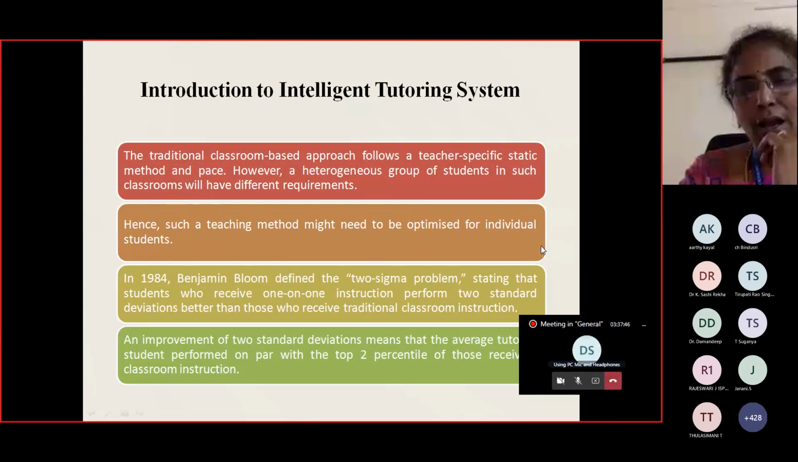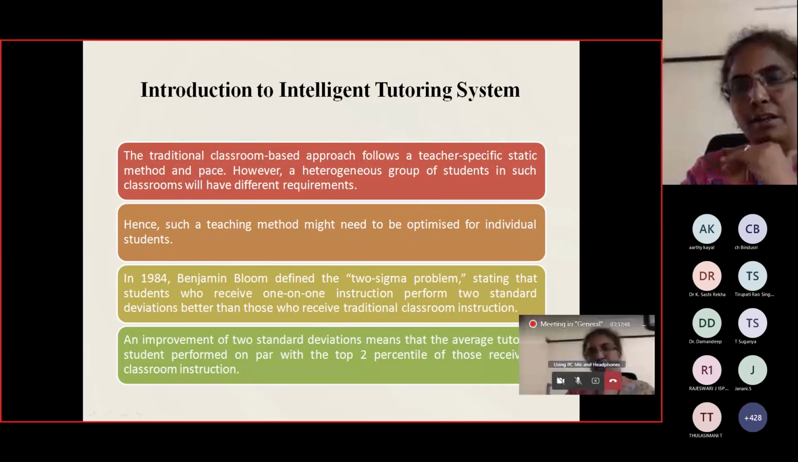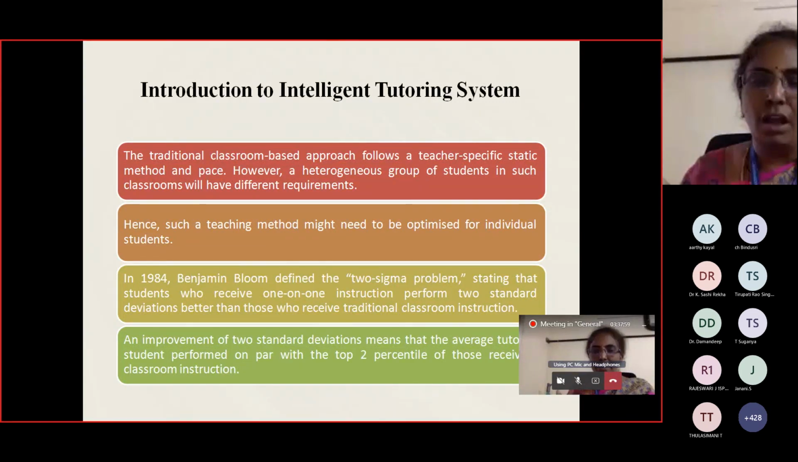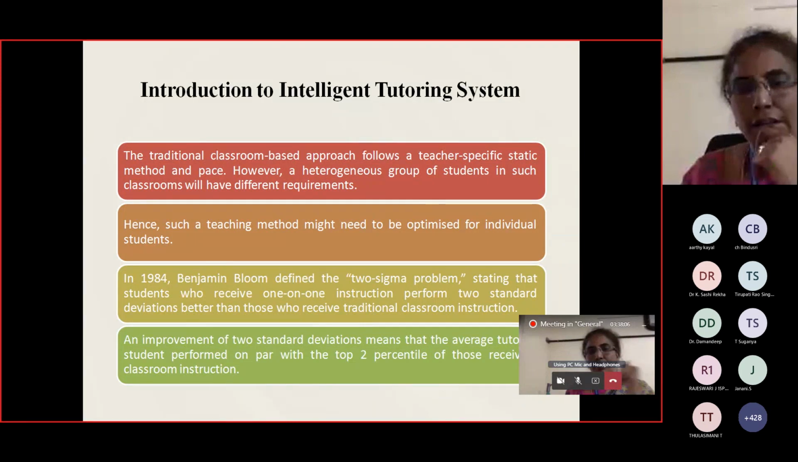Okay. In 1984, Benjamin Bloom defined a problem called the 2 sigma problem. According to this, if one-to-one instruction is provided to the student, that is one faculty, one student, if we could provide one-to-one instruction to the students, then it has been understood that the performance of the students improves by 2 standard deviations. What exactly that means is,